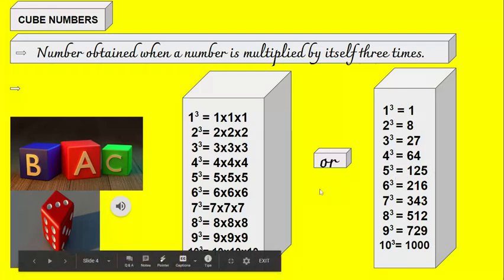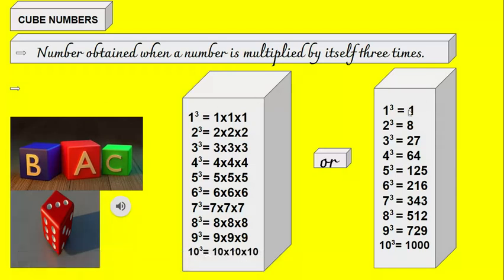Now you might ask, 1 is like the first perfect cube. After 1 you have 8, isn't it? So what happens to the numbers existing between them, like 2, 3, 4, 5, 6 and 7? All of these numbers are not perfect cubes, because you are cubing the numbers consecutively, one after another, isn't it?